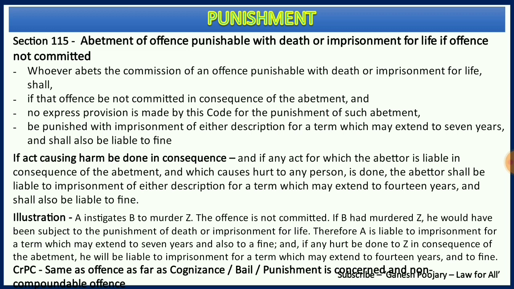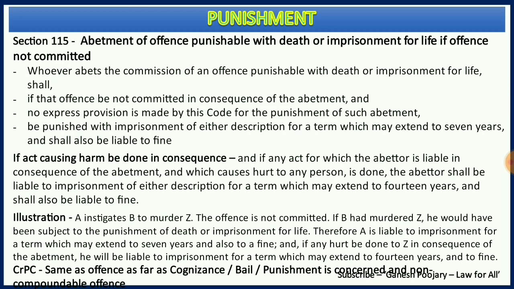Now the moment I say an offense punishable with death or imprisonment for life, what comes into your mind? You need a few examples, right? Like murder, rape, etc., or whatever heinous crimes there are, for them the punishment is death or imprisonment for life. Now somebody is abetting a person to do that particular offense. However, the person who got abetted has not committed that particular crime. Now whether there is any punishment for the abettor for such abetment or not is the question. That is exactly what is answered in Section 115, and the punishment here can go up to 7 years of imprisonment